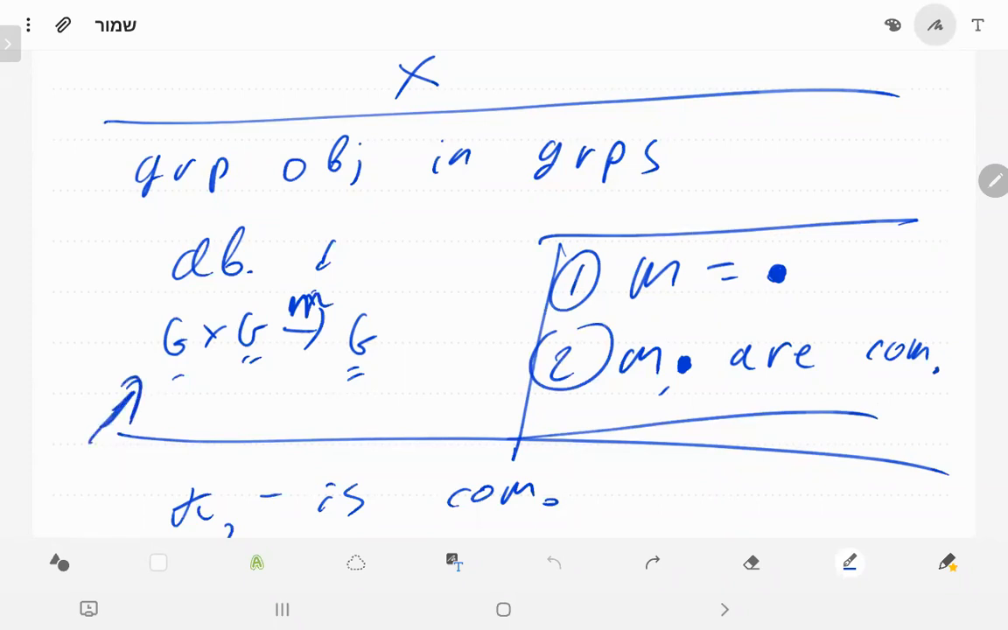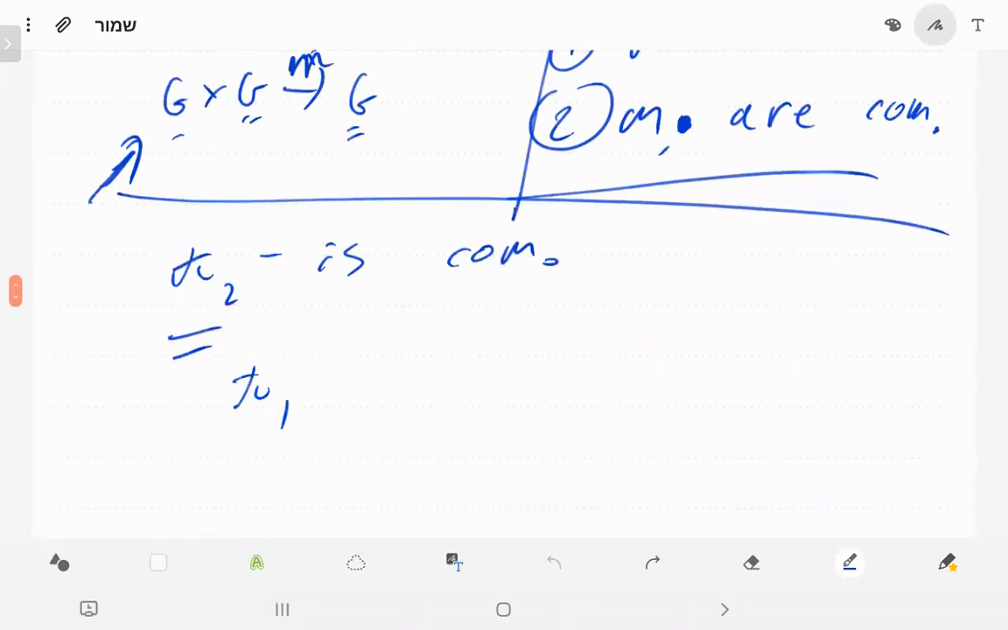A group object in groups means that it's a group, but also you have another group structure that might be different and might be the same. And a priori it might be different, might be the same, but a posteriori it has to be the same. And moreover, they both have to be commutative. So maybe I will not say why pi2 is commutative. I will say something very similar. Why